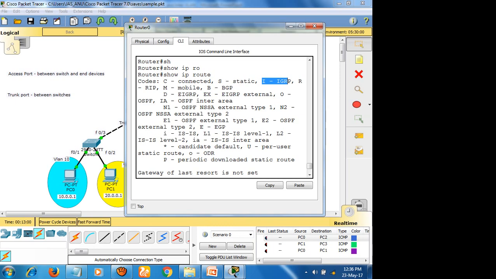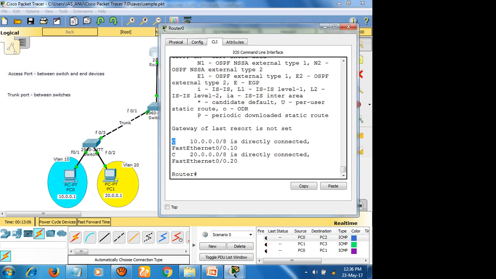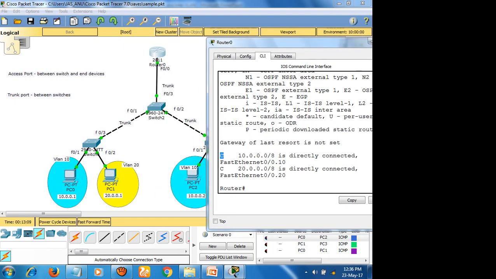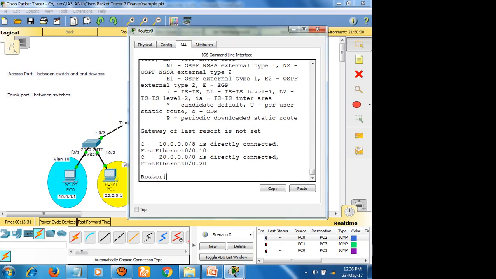There are a lot of abbreviations. So C means a directly connected network. Look here, physically I have only one interface, but virtually it has two, the 10 network and the 20 network. The 10 network handles virtual LAN 10, and the 20 network handles virtual LAN 20. So now it is ready.